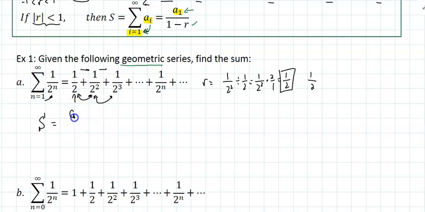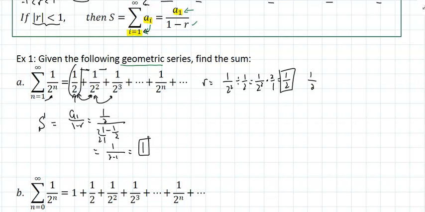So this infinite series, either you write S or S sub infinity, whatever you like, is the very first term on the list divided by 1 minus r. What's the first term on the list? In this case, it's 1/2. Divided by 1 minus r. Clear the fractions. LCD is 2. And this would be